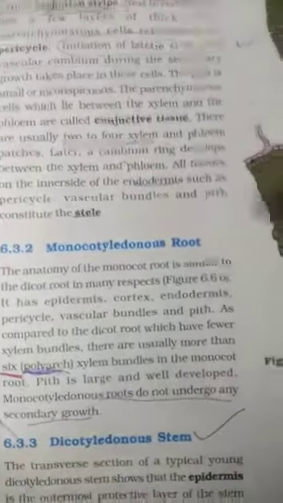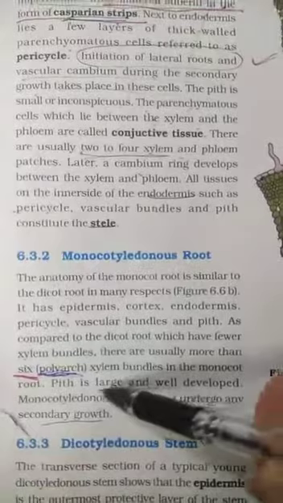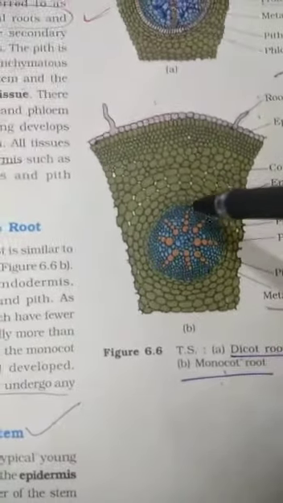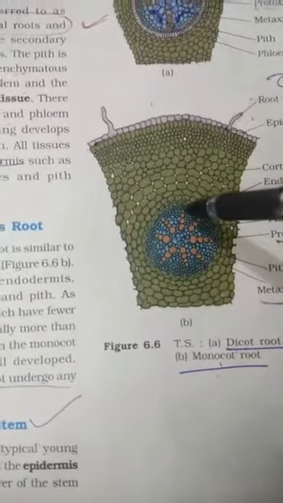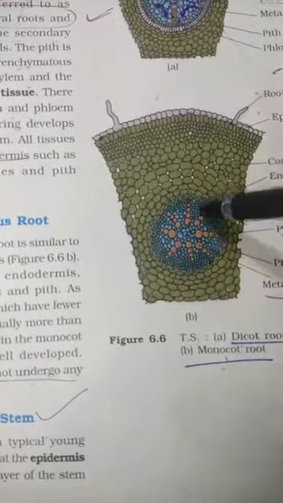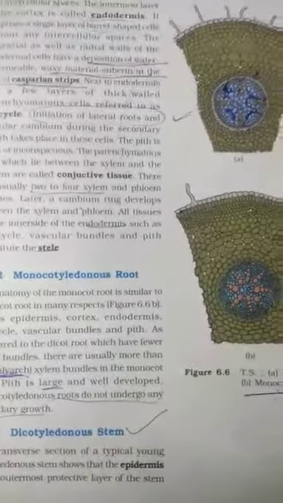Number two difference is that here the pith is large, whereas in the dicot root you can see the pith is very small; here the pith is large and the vascular bundles are more in number. And here secondary growth does not take place, so there is no formation of vascular cambium. So this is epidermis, cortex, endodermis, pericycle. These are xylem, with protoxylem towards the periphery. The condition is exarch, again radial vascular bundle, xylem and phloem. So that is about the monocot root. We have learned the difference between monocot and dicot root. Tomorrow we will do the dicot stem. Thank you.